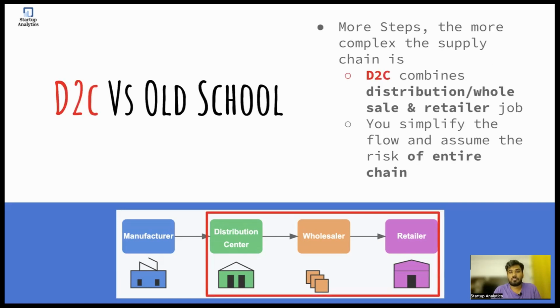So what's the difference between a new D2C versus old school supply chains? Now, D2C is this new concept where you have a brand which typically gets the product manufactured and then directly sells to the customer. So in a way, they act as the distribution center plus the wholesaler plus the retailer. This works for certain sort of brands because it allows them greater control over the brand, both in terms of marketing and how they want to move the goods.